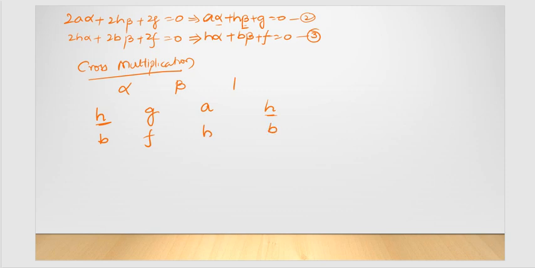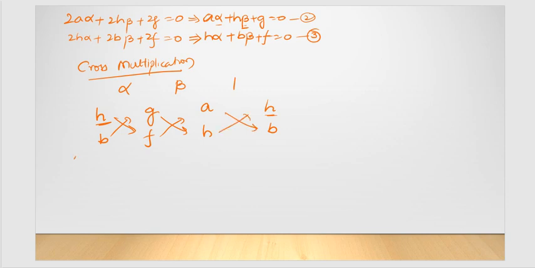This particular method is also called the YCXY method. YCXY means we need to take the y coefficient, constant, x coefficient and y coefficient. Here, instead of x and y, we have α and β. To solve a pair of linear equations in two variables, we are going to use this method, right? After that, we need to do cross multiplication.